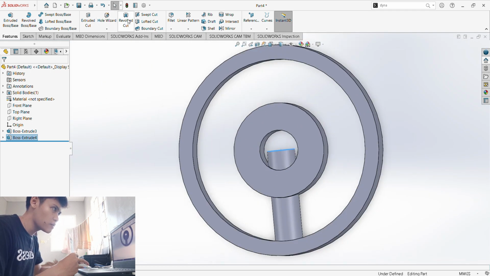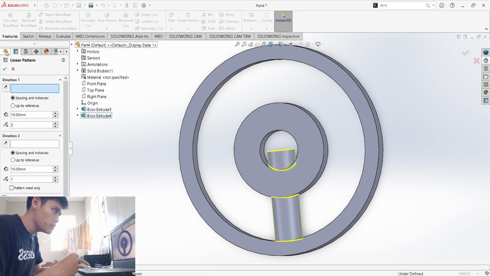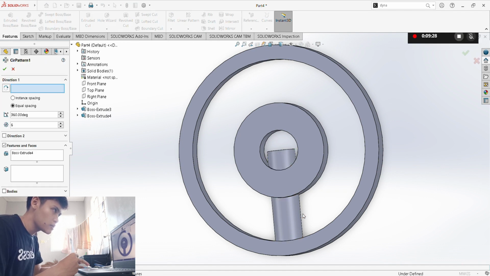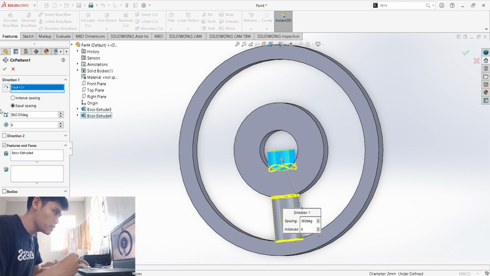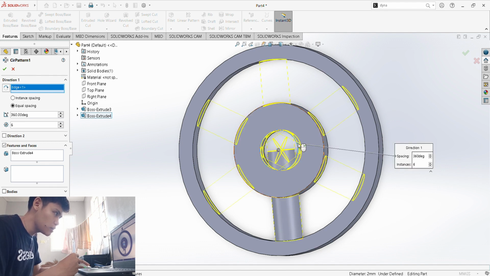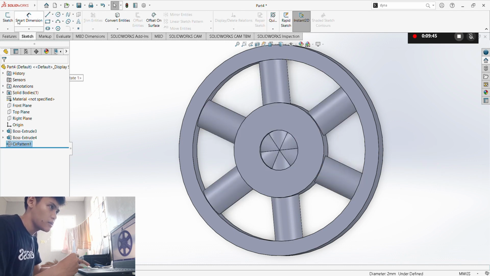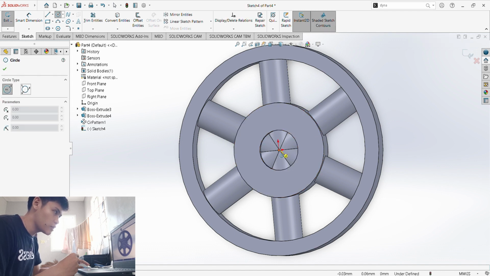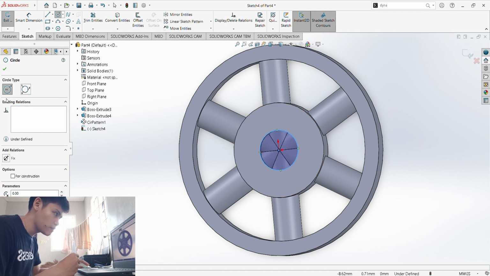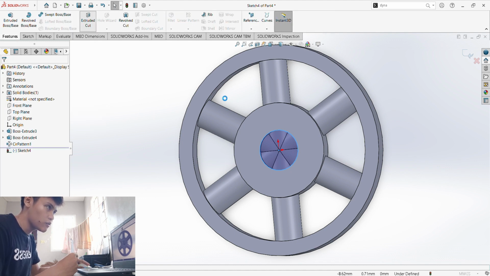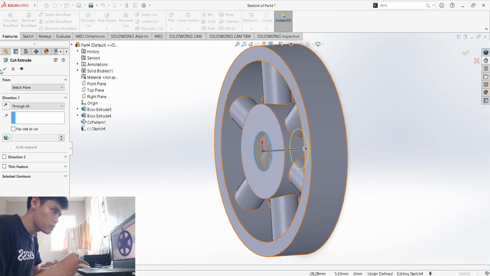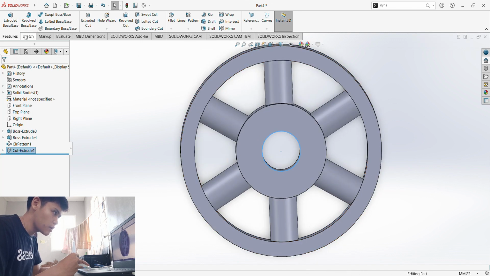And then next we have to go to the linear pattern, then select circular, then select this one, and the direction should be this circle right here, and the feature surfaces that will be extruded is this one, so boss extruded 4, and then just press check, and then we just have again to create a circle just right here, and then check, go to the feature, extrude cut, and then through all, of course, then check, voila.